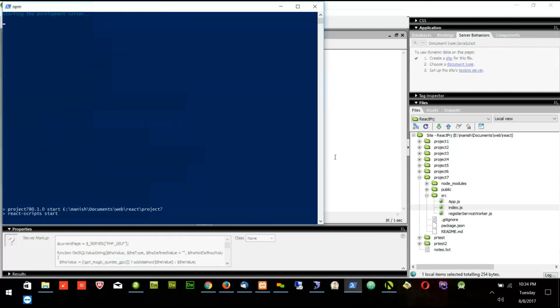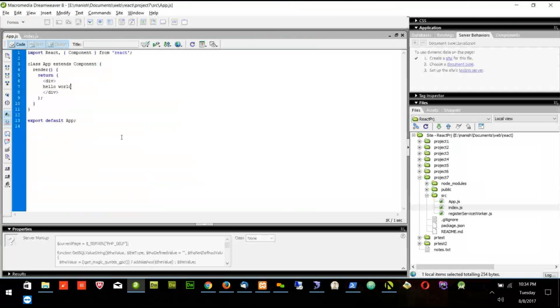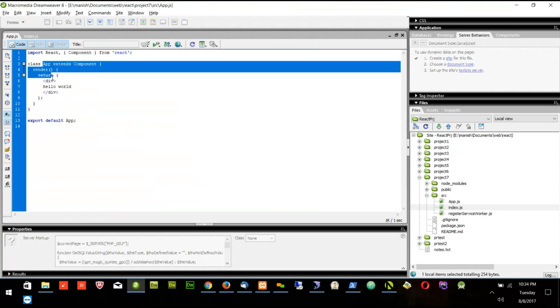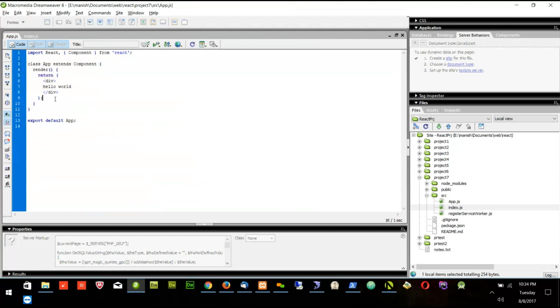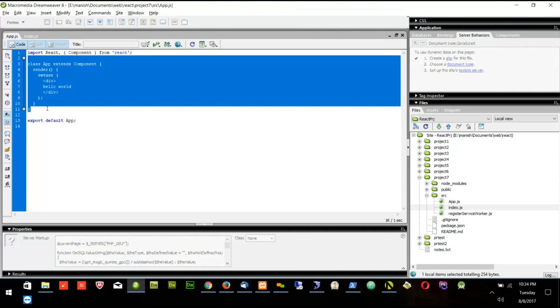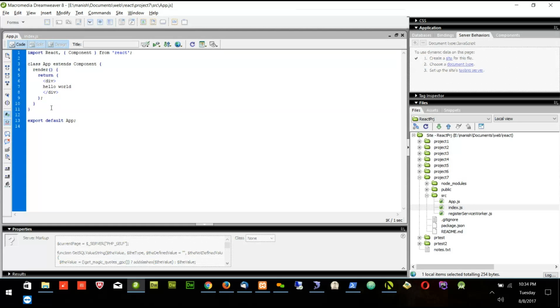Okay, so now today I'm going to explain to you how to pass variables from app to different components. So we will create some variable and we will put it in the app and then we will pass this variable to different components. I can create each component in a different file in the real world. Whenever I do a real project, I will put each component in a different file. But right now, since I'm teaching you, I can create the component only in this file. So I can say class main extends